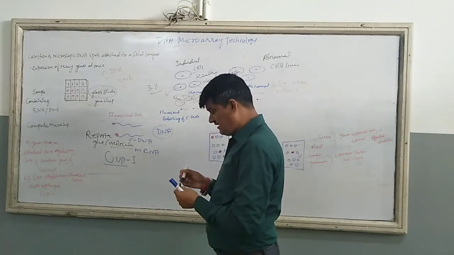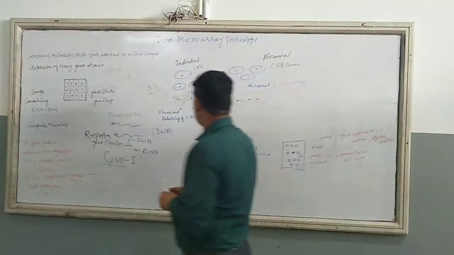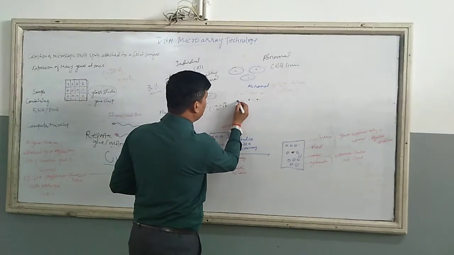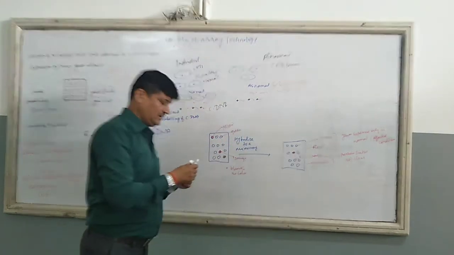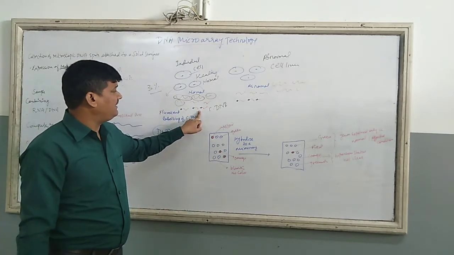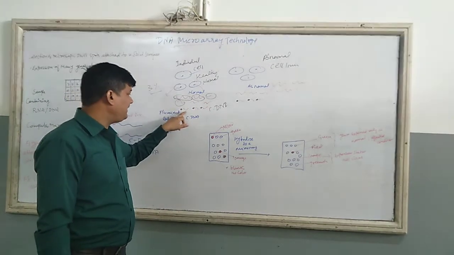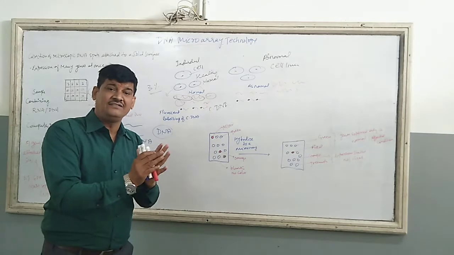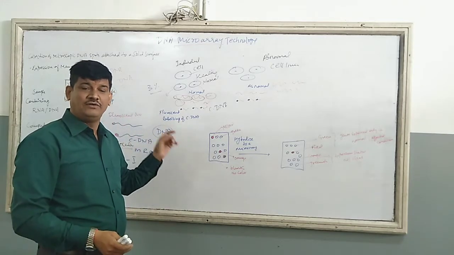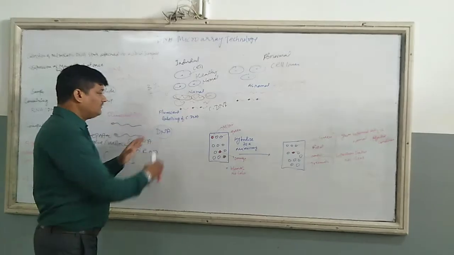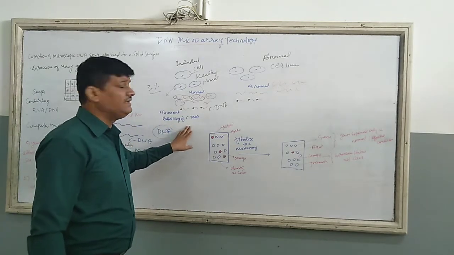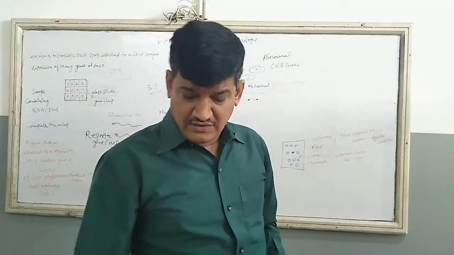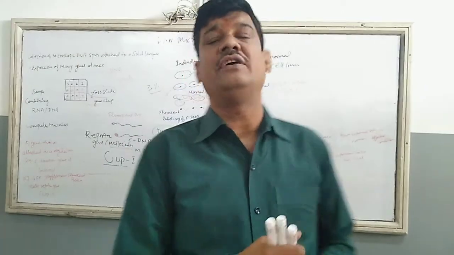Okay. Now the third stage is labeling with fluorescent dye. Again here we are adding the fluorescent dye, and this fluorescent dye is able to express the functioning of that gene when it is hybridized, just like in FISH, that is fluorescent in situ hybridization. So the complementary DNA is labeled with the fluorescent dye, and I just told you that the dye color will be either red or green.